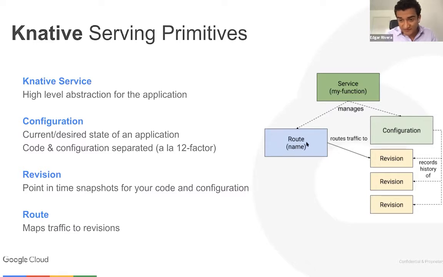It's bound to a route. So then every time you make a new change in your application, let's say you create a new container that has a new API, then you create a new revision, and that's how you can do the traffic split. Okay, so the configuration is the desired state of the application, and the revision is pointing to the configuration of